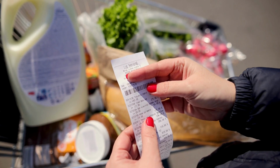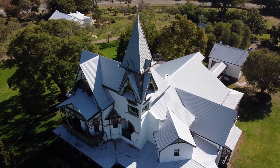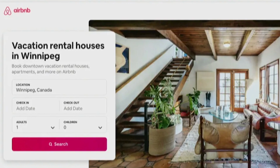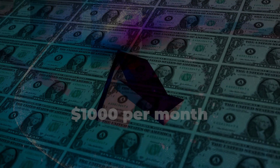Imagine having an extra $1,000 or more each month to pay off bills, save for the future, or treat yourself to something special. Now trust me, it's possible to make this amount through Airbnb short-term rentals. That's why in this video, I want to walk you through 6 steps you need to make $1,000 per month